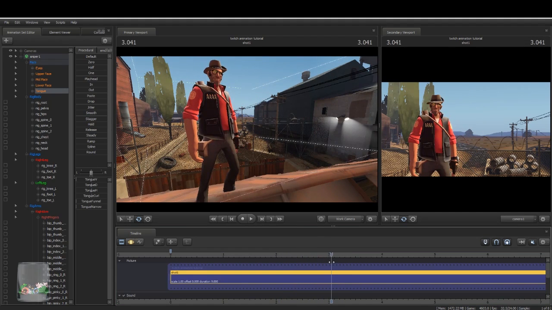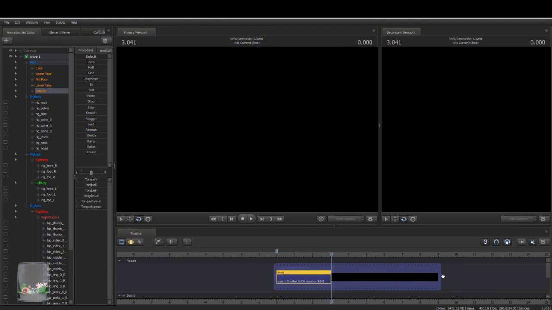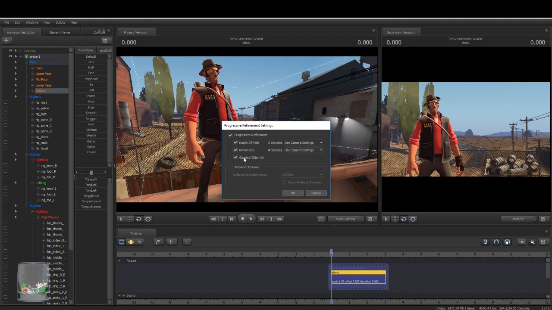And now that we're done, we can just clip it at the end. Bring it down here. Turn on the ambient occlusion. Something that now, because you're animating, you now have is motion blur. It's best to